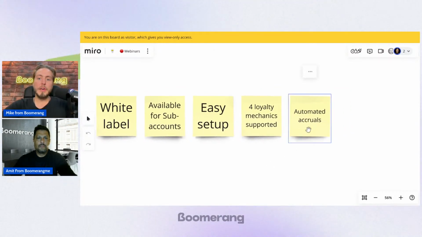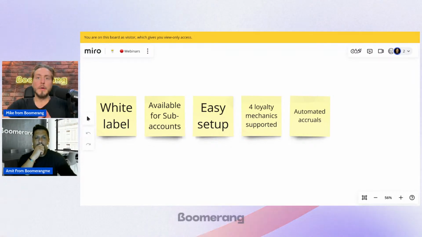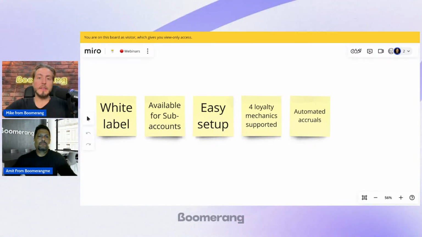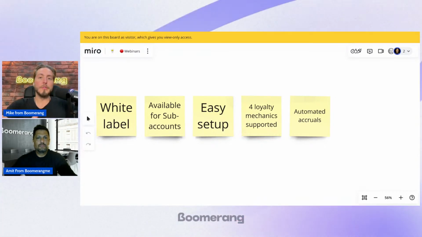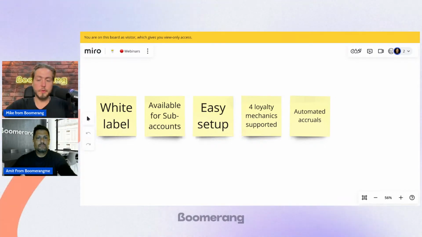And the last thing: we can automate only accruals via the integration marketplace, because we get access to their transactions by API key and webhooks. This is why we can process all these payments and transactions on our side. We will identify all transactions that make sense to process and add bonus points for them, right? And we send notifications and updated balances to the loyalty cards, and we do it absolutely automatically and flawlessly